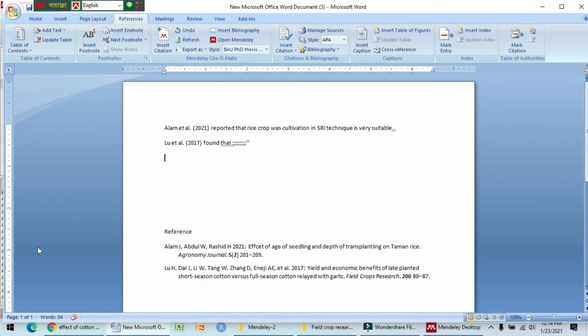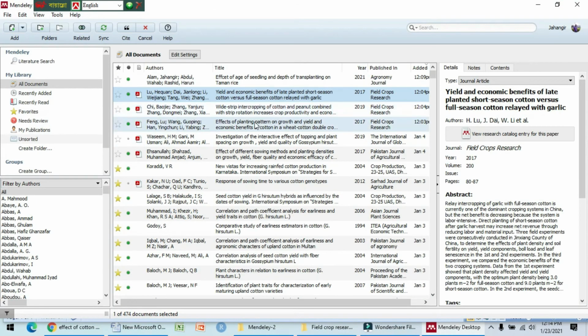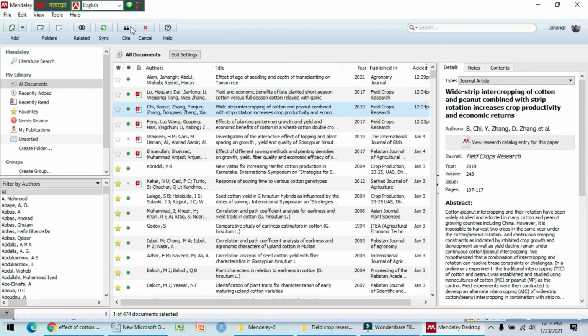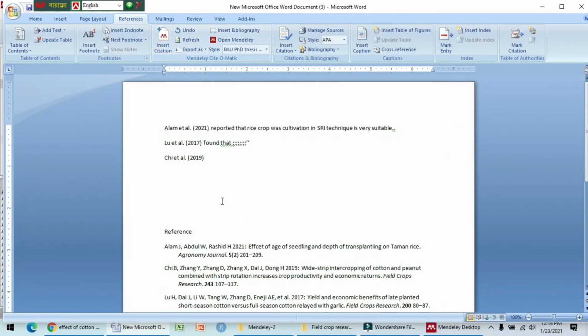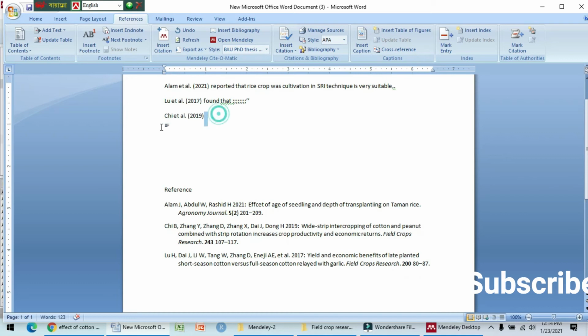And now another citation. We have to go to Mendeley, and now Chai, we have to write Chai. First you have to select only the citation manually and the reference is created automatically.